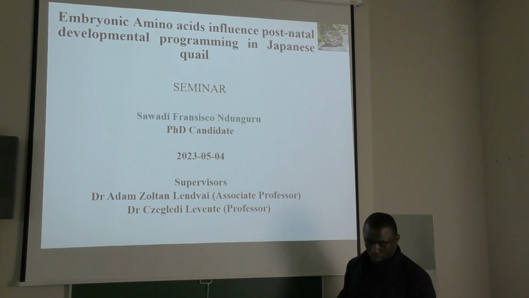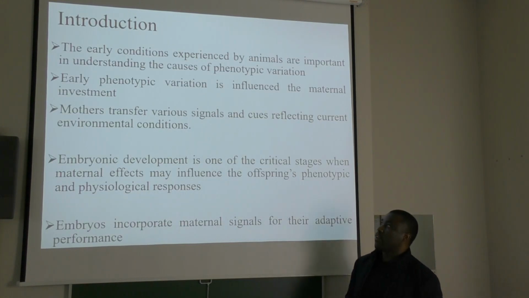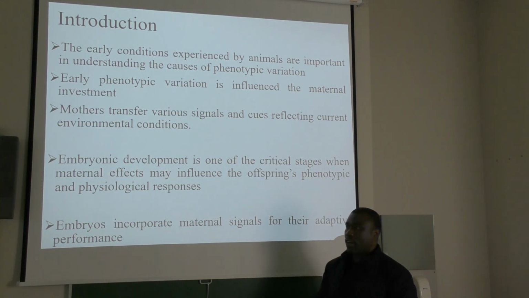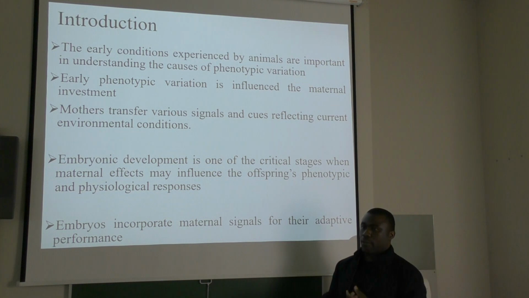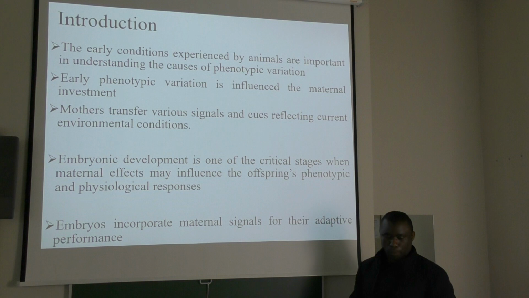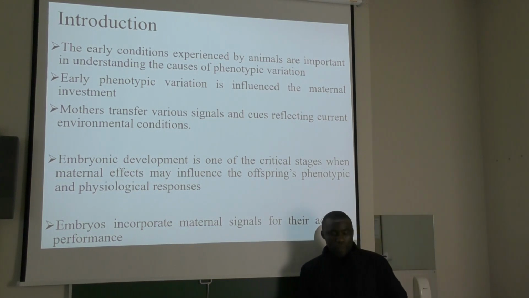Japanese quail. And we know how mothers actually love us, and then during our embryonic development in the womb, they have to allocate some nutrients for us during the growth in order to grow well after we are born. And during that early stage of development, it's important to understand that all those phenotypic variations that occur during birth are related to the allocation of the nutrients during the embryonic development. So embryonic stages are very important.